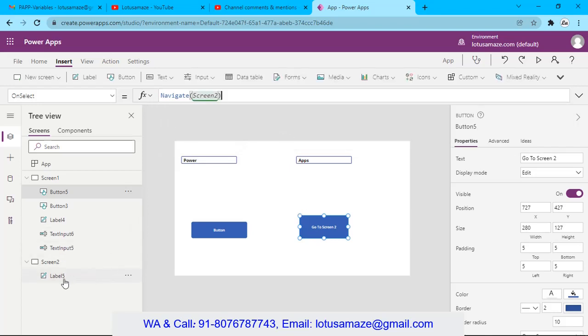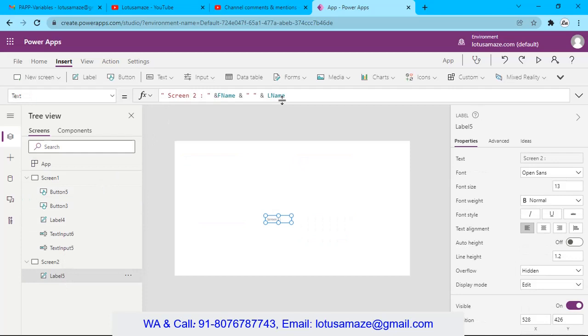On screen 2, we write fname, then the join AND operator, then lname. Now you can see there is no error.